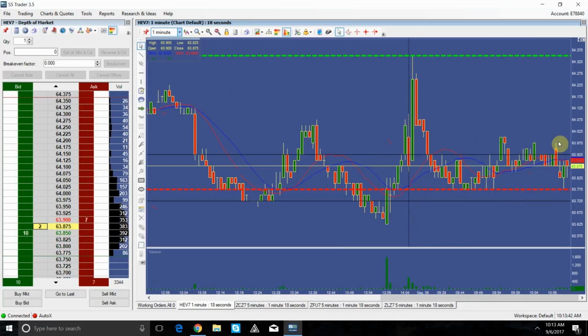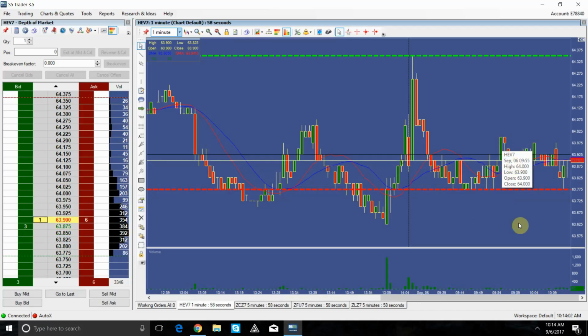So for the rest of at least the morning, I don't think anything in particular is going to happen, at least the way I want it to happen. Because again, I thought this would push up a little bit faster than it did. It got pretty close up here. It gets around these levels, and then even the push down wasn't that